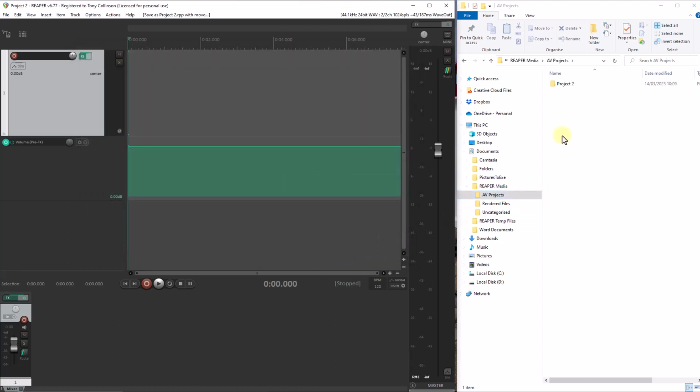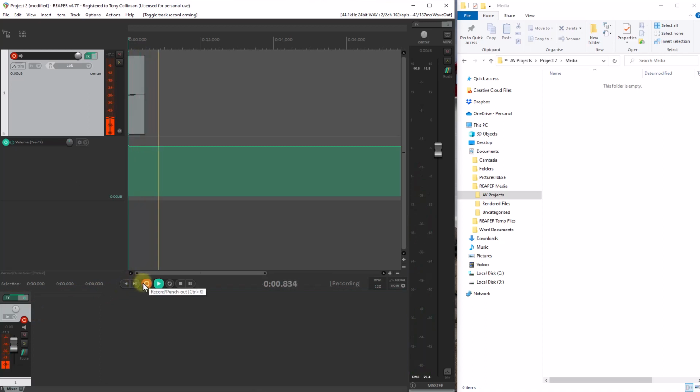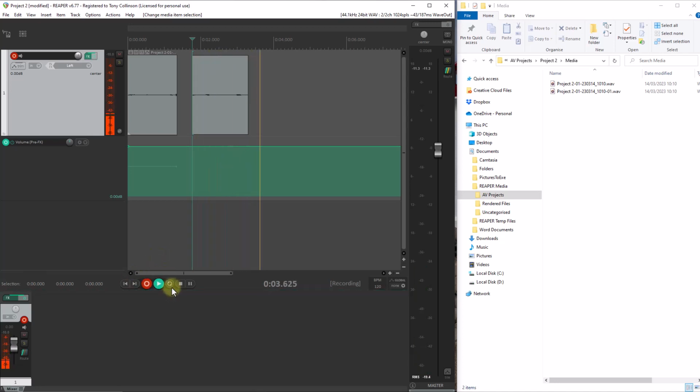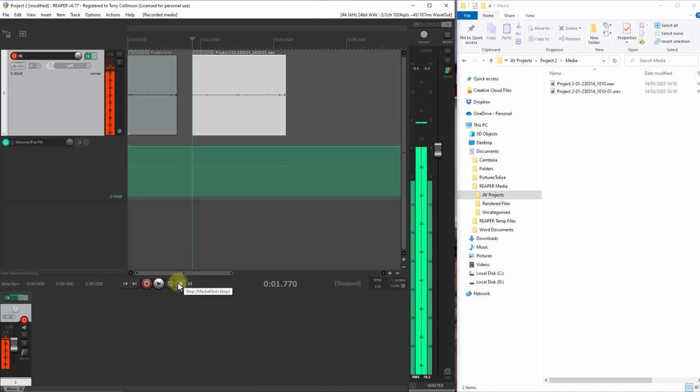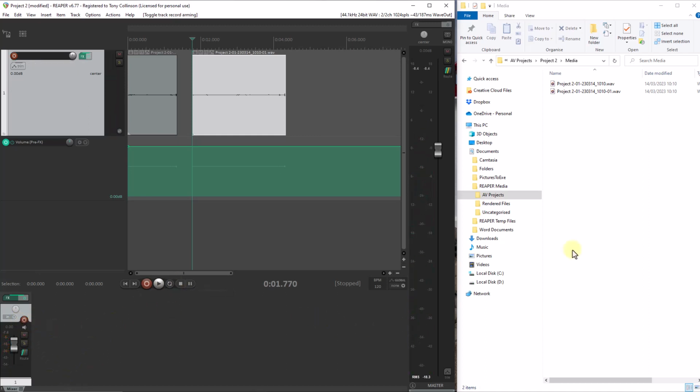And we'll see that now we have a folder for our AV called Project 2. Within that folder, we have our project file, and we also have our media. So we've no recordings there. Let's just do a couple as we did before. Record. Stop. Okay, so we now have, let me disarm again. We now have our two files in here, our WAV files, but you see that now we no longer have the repeats file because they will be